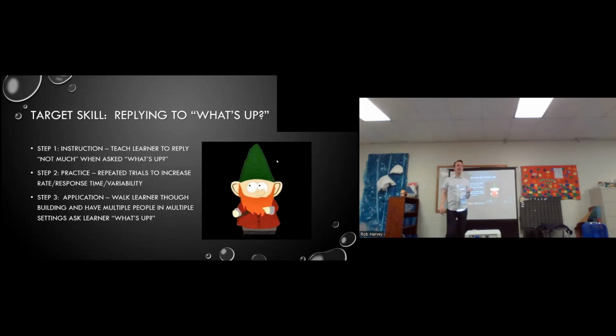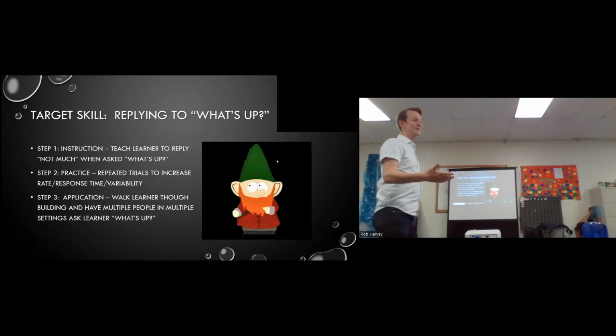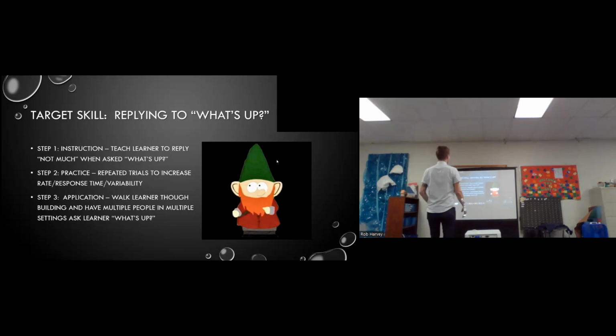And I'm thinking about generalization at that point. I might be thinking, I also want her to answer this question. This is where it gets difficult. It's tricky, but I might prompt it differently. I might say, what's up? It's all good. I might teach some variability, or I might say, what else is up?